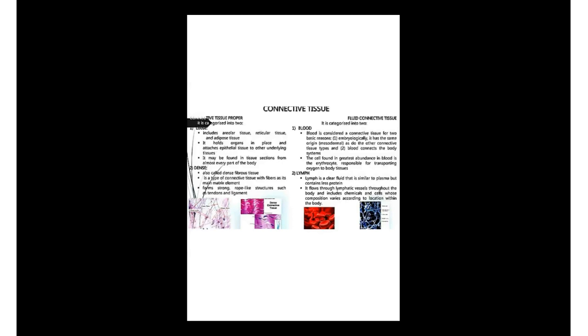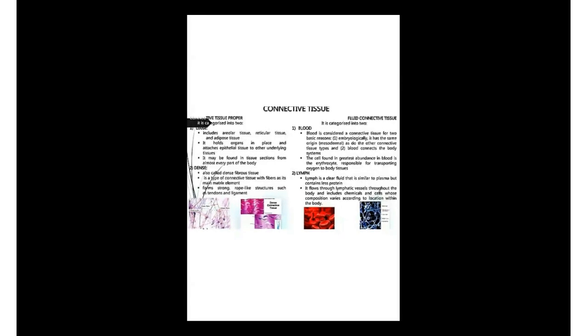आपका ऑक्सीजन सप्लाई है, आपका न्यूट्रिशन सप्लाई, आपका ट्रांसपोर्टेशन है, everything will be carried out by these defense mechanisms. लिम्फ में क्या है कि आपका clear fluid plasma contains less proteins. Okay, and lymphatic vessels में ये flow करता है बॉडी में। If I talk about two types of flow, one is your blood flow, जो कि blood flow आपका दोनों डायरेक्शन में होता है, but lymphatic flow हमेशा one directional होता है।